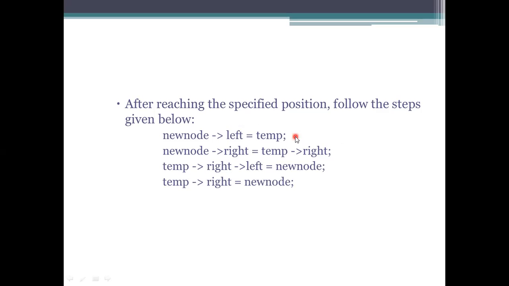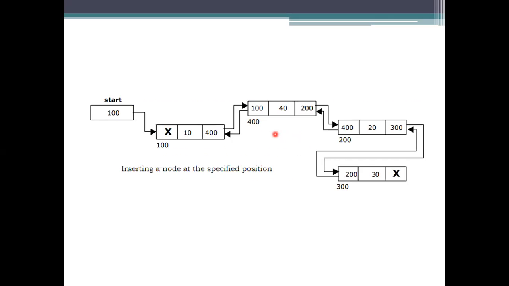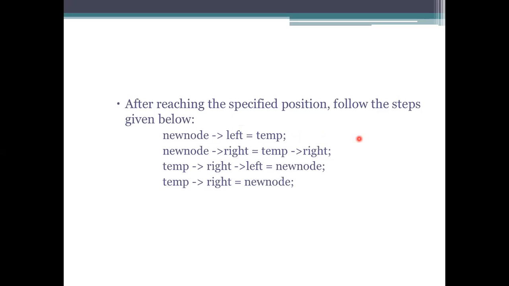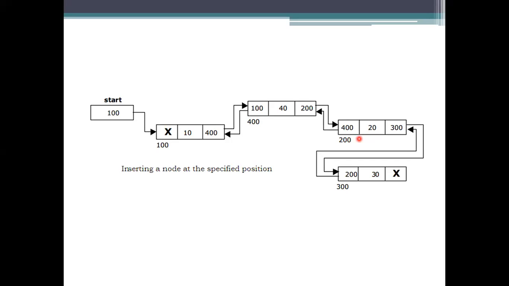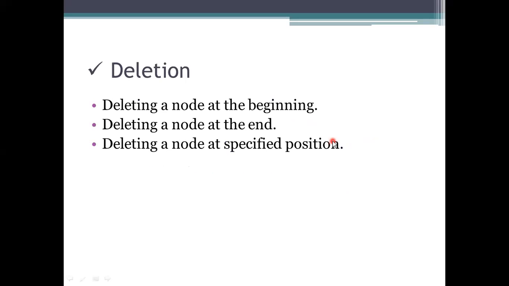So you are taking the temp, and then for that, the right side has to be considered as 400. And coming to this one, 200 means this one has to take this left one. So here the left one and the right one have to be 400. That is to be updated. And now the value you have chosen will be added here. Okay, and the pointers will be added simultaneously.